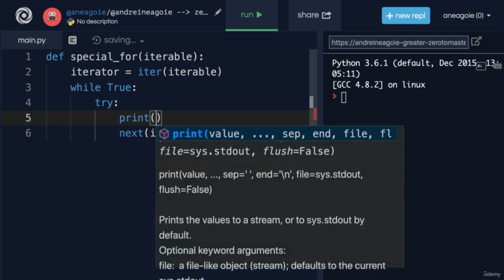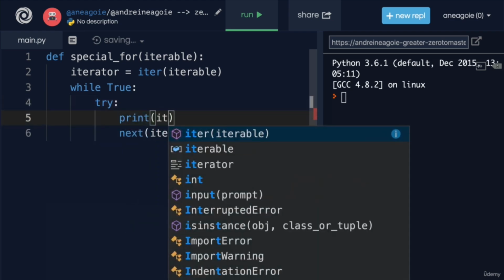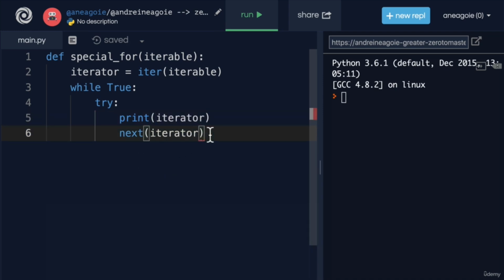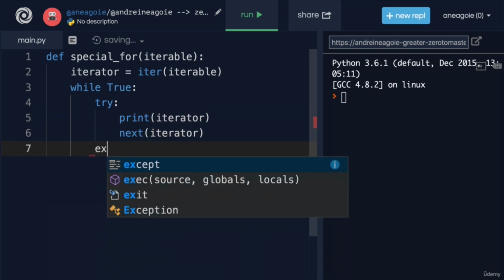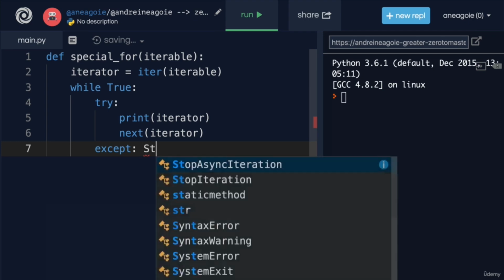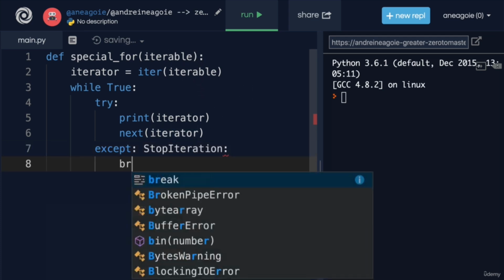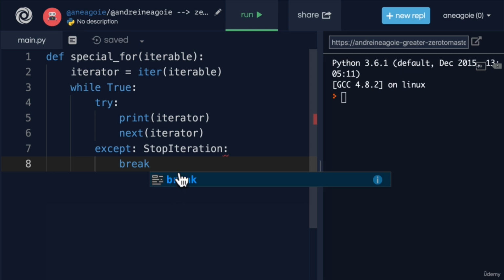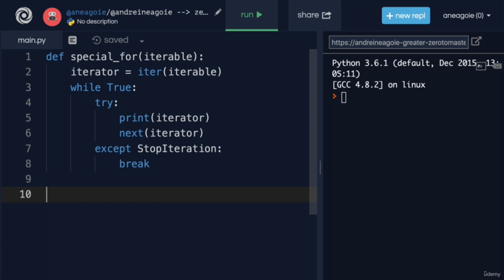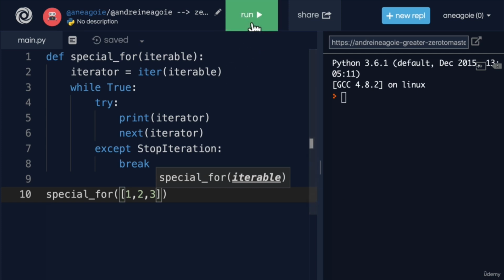Let's print something here just so we see what the iterator is. And then finally, I want us to stop when we have the StopIteration exception. Remember the one that we saw where there are no more items in the iterable. And here we can simply break. Oh, and make sure that I have the colon set correctly. So now, if I do special for loop and give it a list of 1, 2, 3, and I click run,